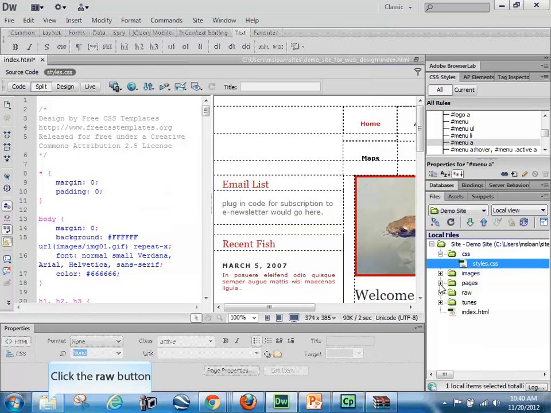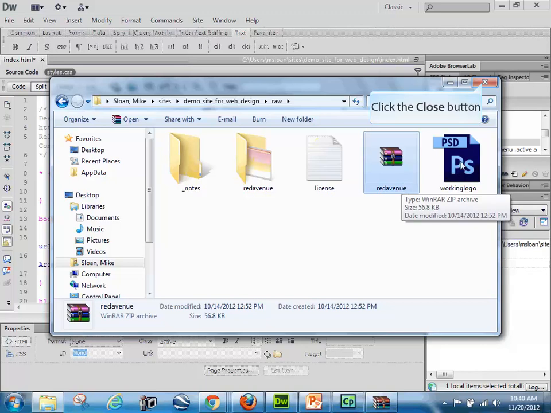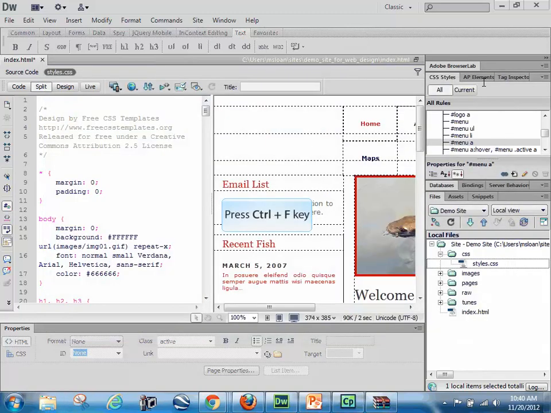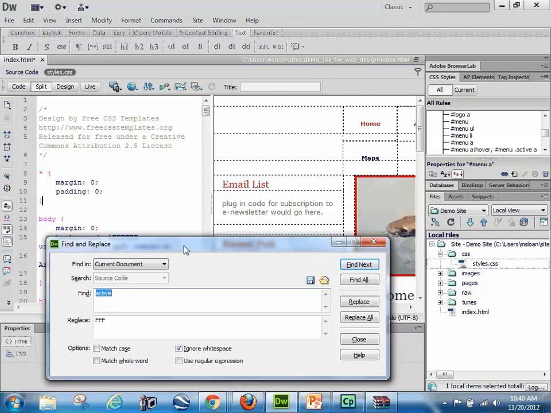Because the way the site was set up originally in raw, which is where I went to get that, okay, that's how I got that style file back in there to replace the one I'd altered. I went and got the original one from raw. It used to have the images right next to the CSS file. So I can use Control F, as I've shown you guys, to fix this instead of doing it,